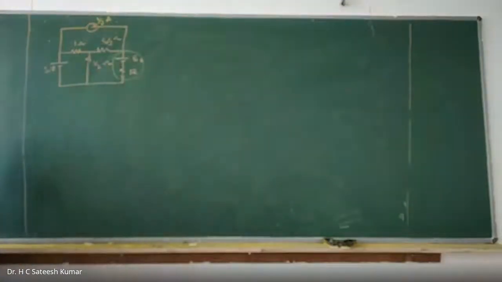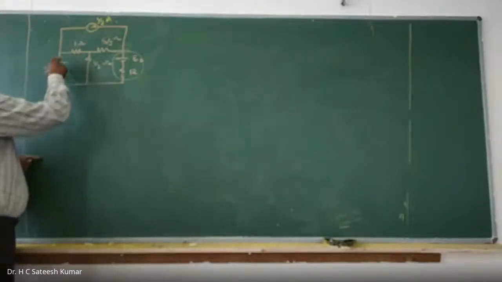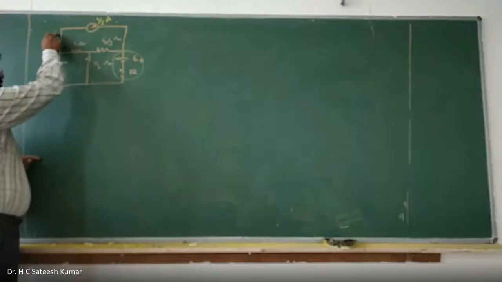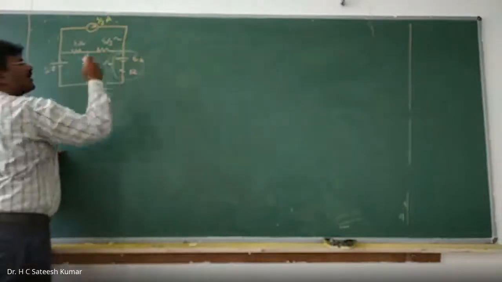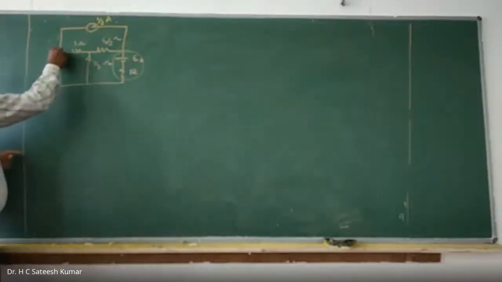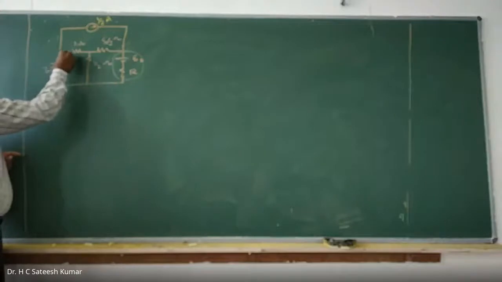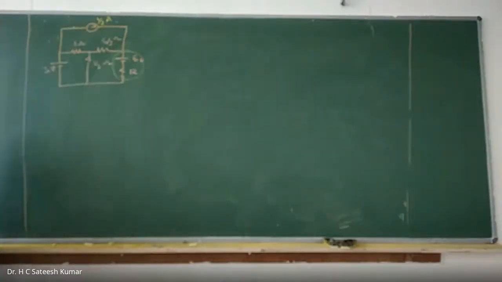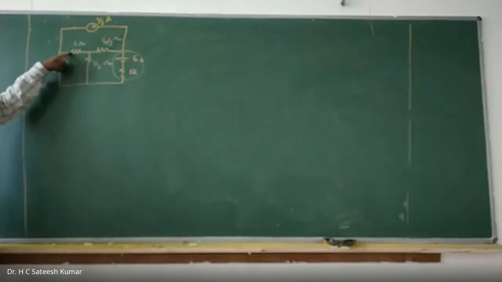Okay, right. Now observe here. What is it that we have? Here we cannot simplify it. See, these two are not in series because we have one more branch here. Here also the same thing is there. Then what to do? And we should not disturb this one. Now what I will do is, voltage at this point is 3 volts. Voltage at this point is 3 volts. Voltage at this point is also 3 volts. Can I shift this voltage source here? Okay. That is one way of doing it.